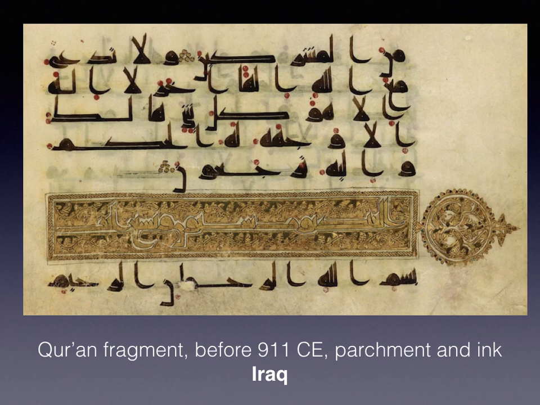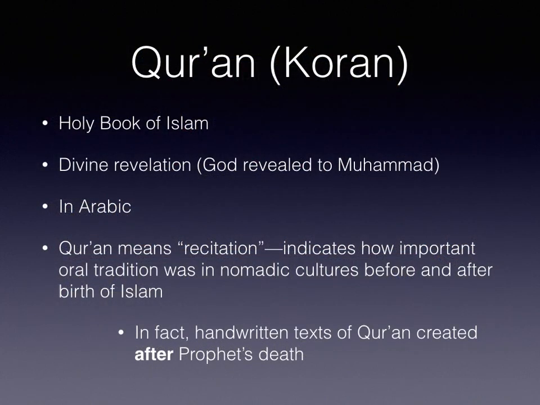It is just text. And that fact alone is very, very important when we begin thinking about how Islam differs from Christianity. So first off, both traditions have the notion of a holy book. In the case of the Quran, however, the belief is that it is divine revelation, that the Quran is God revealing the truth to the Prophet Muhammad. The Quran is in Arabic, considered the holy language. And it means recitation, because that is, in fact, what the angel Gabriel said to Muhammad in the cave, is